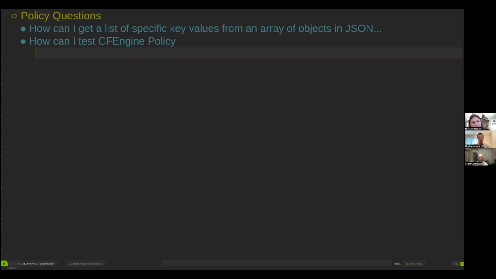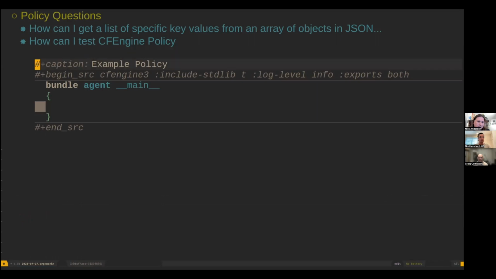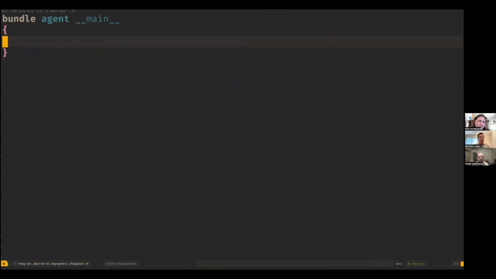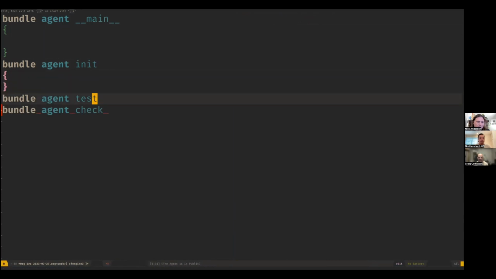So one of the things in our test framework, which is probably not super reusable by other people easily, but is kind of similar, is just this bundle agent init, test. So just this little pattern. And often if somebody asks a question that I'm answering on the mailing list or somewhere else, I end up reusing just this simple pattern